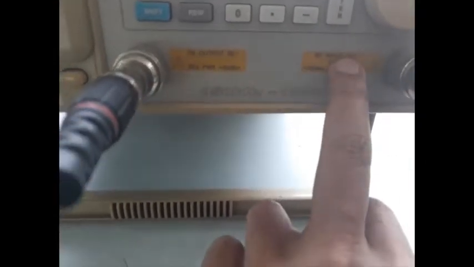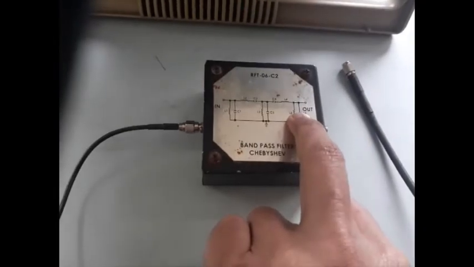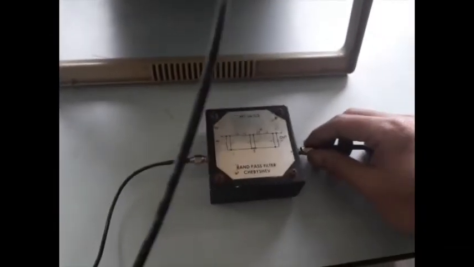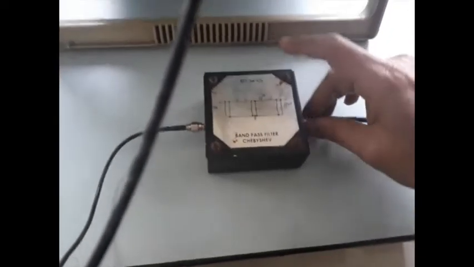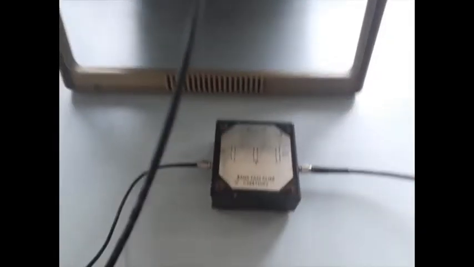This RF input will be connected to the output of the filter. So let me connect it. So the connection is over. Now we have to switch on this spectrum analyzer.